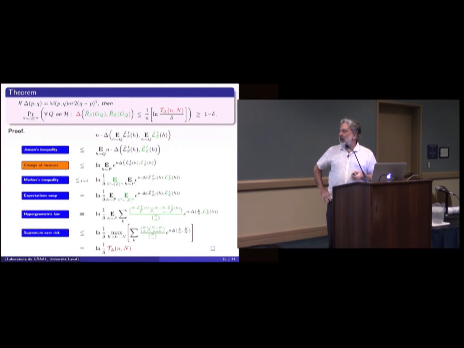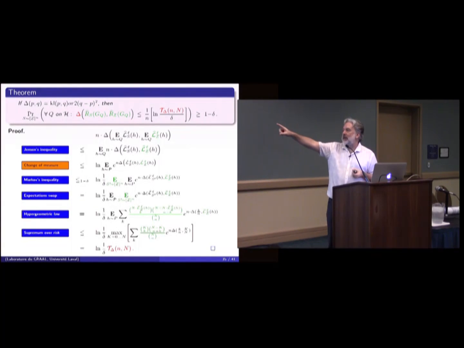So here's the theorem. Again, it's exactly the same structure that I showed you for the general theorem. You do exactly the same thing, except here you change your change of measure inequality. The change of measure inequality that I will use, I will show you in the next slide. But for the rest, it's exactly the same proof, exactly the same steps. I'm just changing the change of measure inequality.